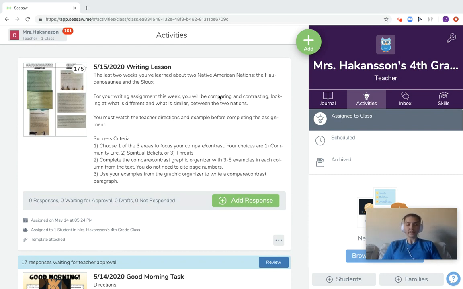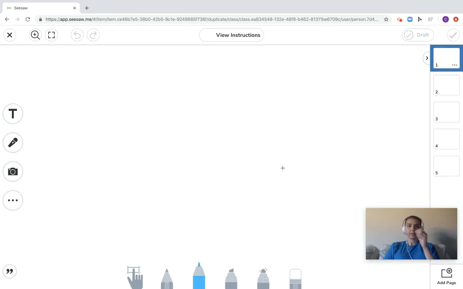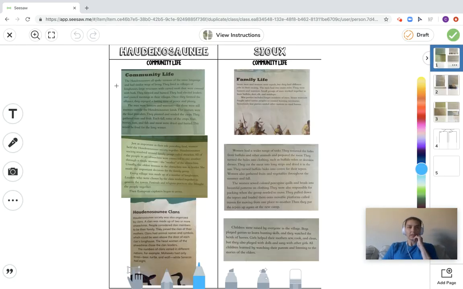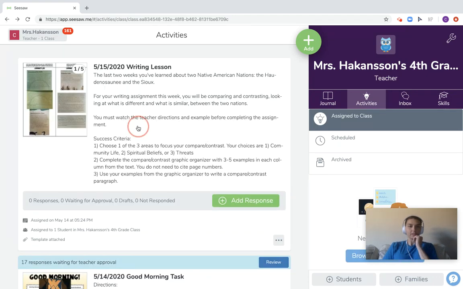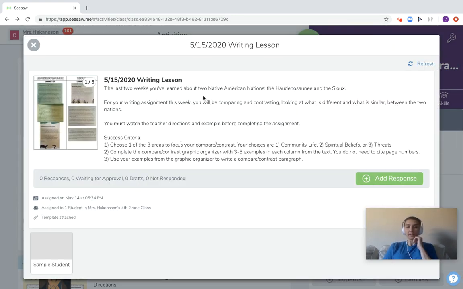So you'll go to your activities and you'll see your writing assignment. You'll click Add Response. And once you're here, let me actually go back because I want you to see. All right, here we go. You'll see the directions first. It's really important that you're always reading the directions because it's going to explain to you what you're supposed to